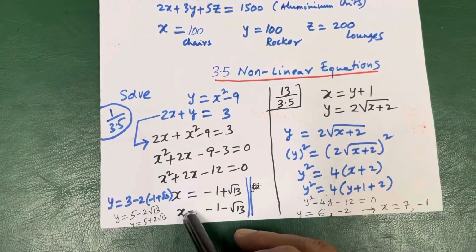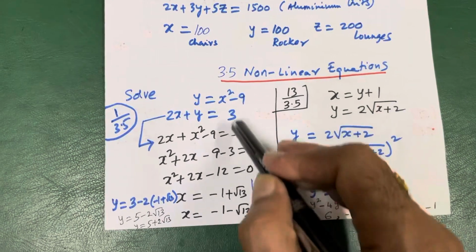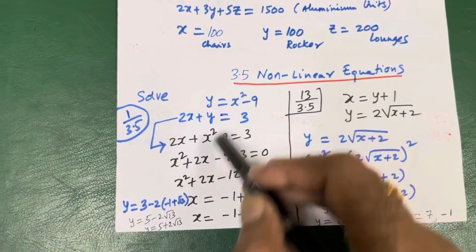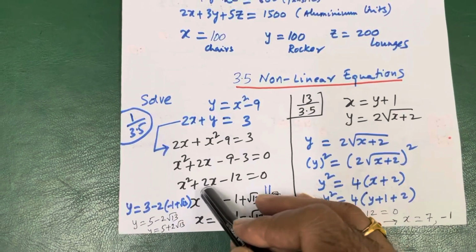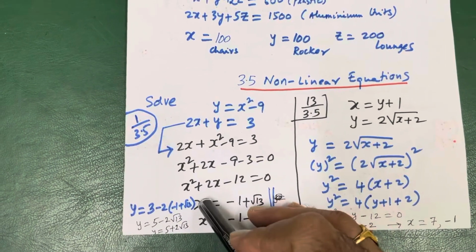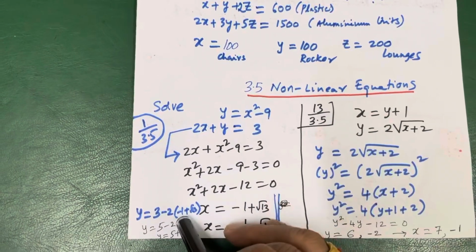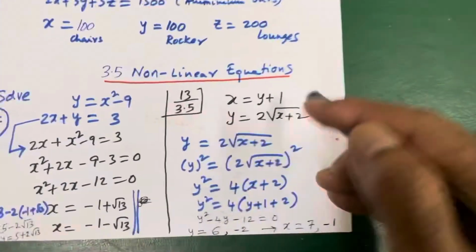These are the two values of x you will get. I will put these two values here, either here or here, anywhere I can put it. I get the values of y1 and y2. Because it is x square, I get two x's, x1 and x2. When I put x1, I get y1, and when I put x2, I get y2. Use calculator properly. Let us take another example.